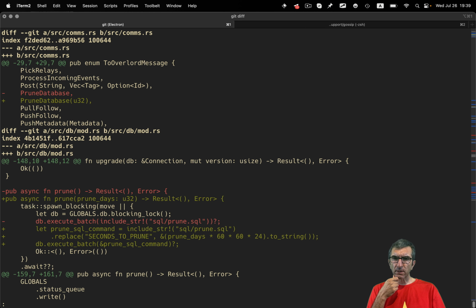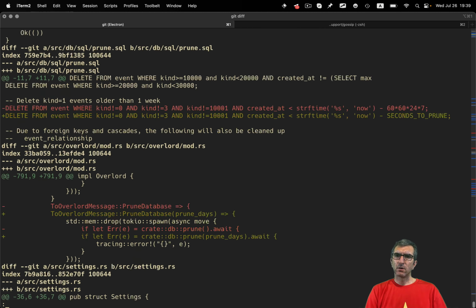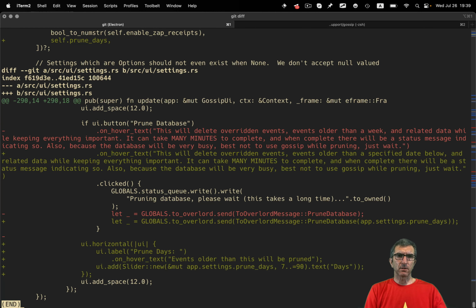Things look okay. This is also done by the cargo format, which is nicer. And here, instead of older than a week, now it's events older than a specified date, and related data will be kept. It may take minutes. Blah blah.